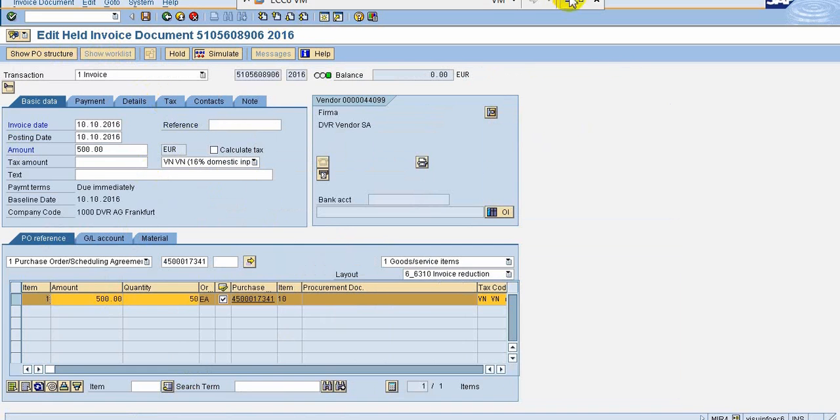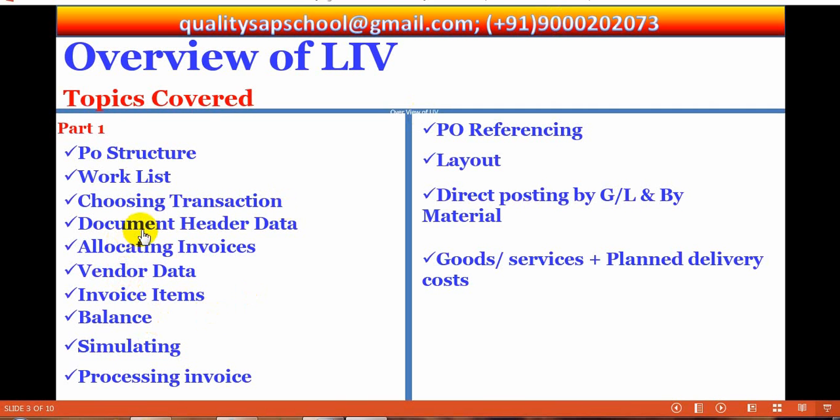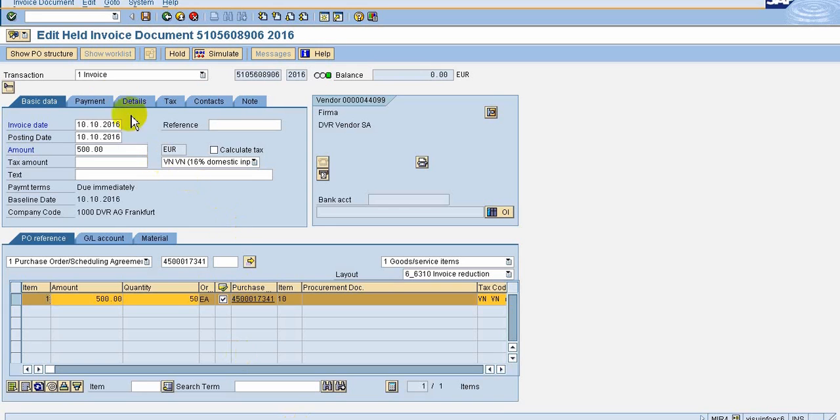Okay, after this, the next is choosing the transaction. Work list is over. Let us go to choosing the transaction. Here the transaction command is there. In this transaction command field there are a few default commands. Invoice we can choose, credit memo we can choose, or subsequent debit, subsequent credit we can choose. You know, this complete screen will change according to the